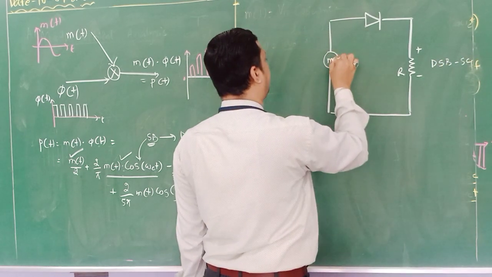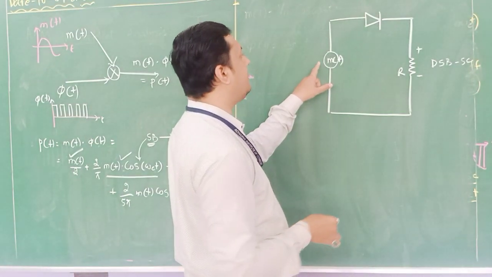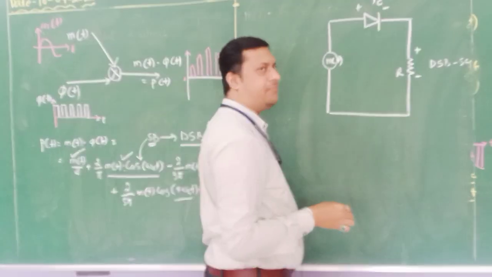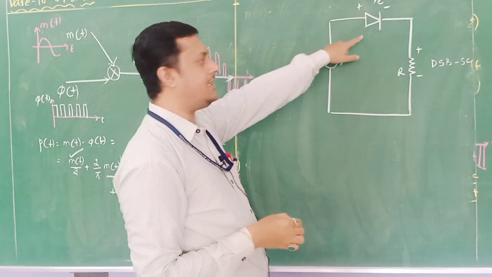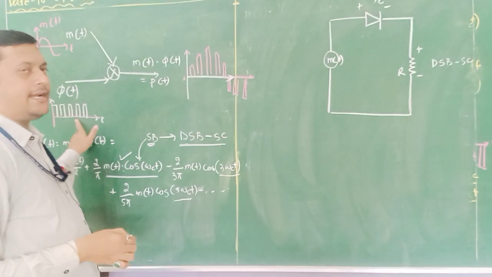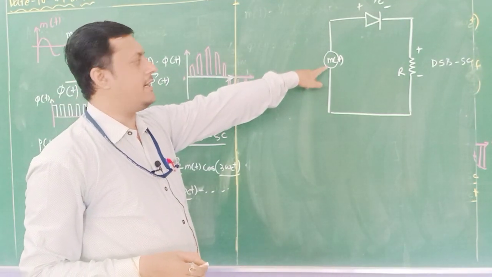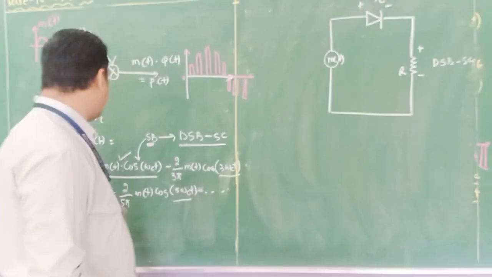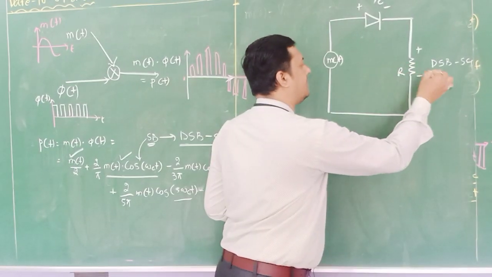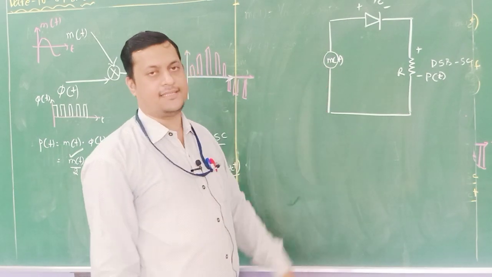At this we are getting the DSB-SC signal. If this is the scenario, with the modulating signal, this diode switches on and off for a time period Tc. That switch is replaced by Tc, and we have analyzed that when it switches on and off, it generates a pulse train, which will be multiplied with my message component, and we are generating a DSB-SC signal, that is p of t. So the output we are getting at the resistive element is p of t, the DSB-SC signal.